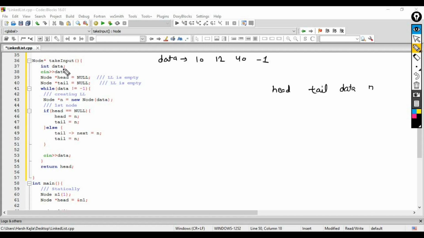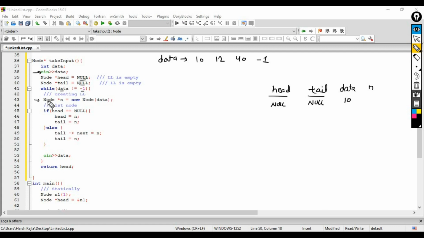Okay. So initially you can see, so data is initially 10. Head and tail, they both are null. Fine. Check. So data is 10. 10 is not equals to -1.